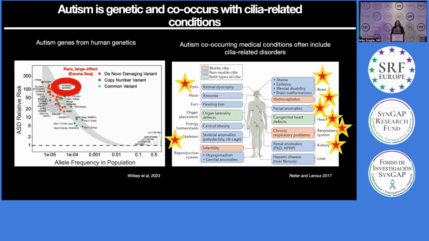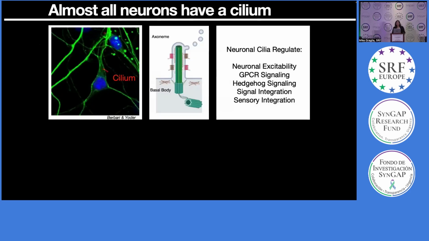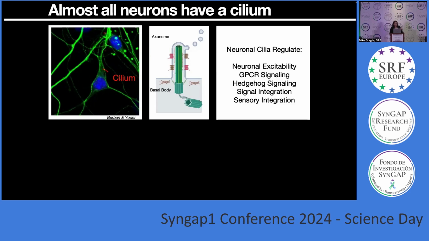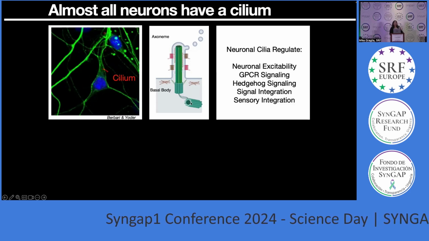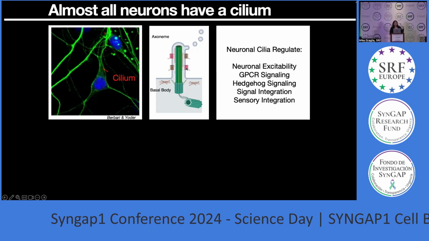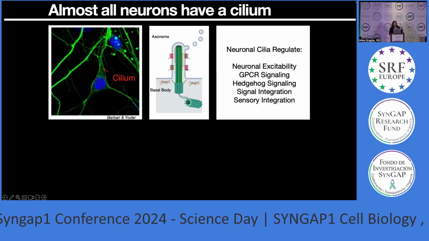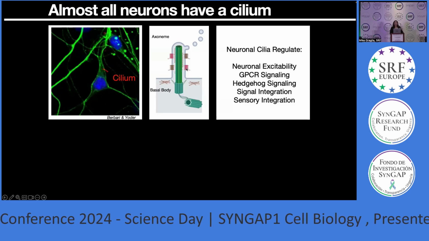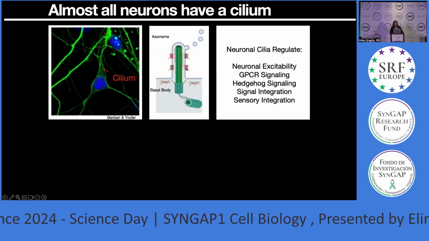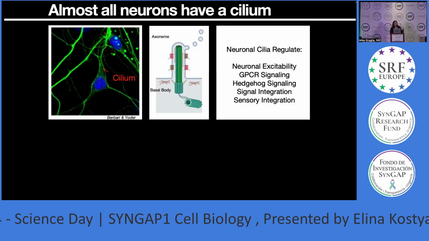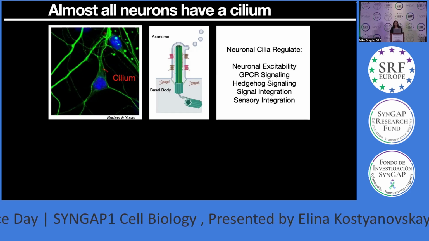And so based on these observations and some previous work in the lab, we hypothesized that ciliary biology is relevant to autism biology. And so a little bit of background on cilia. Cilia are these hair-like structures found on almost every cell, including neurons, and a single primary cilium acts like the cell's antenna. It's located right near the soma or nucleus, and it consists of this basal body from which the cilium nucleates, and then the axoneme, a microtubule-based projection. And so the primary cilium is important for signaling, especially during development. It integrates extracellular signals in neurons and regulates the balance of excitatory and inhibitory signals in the brain.